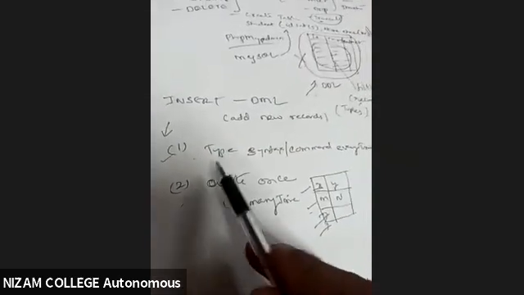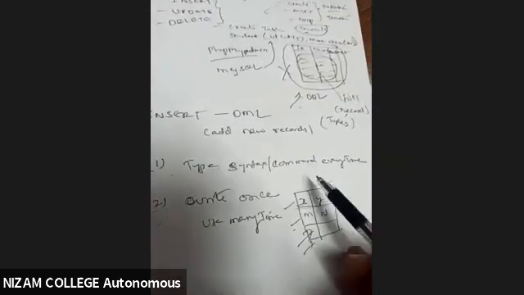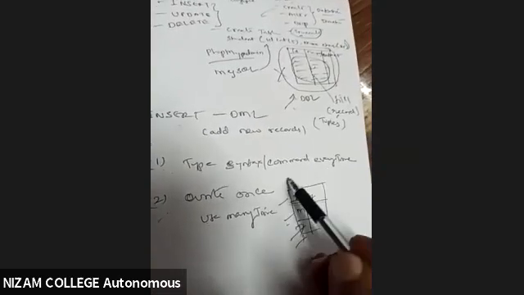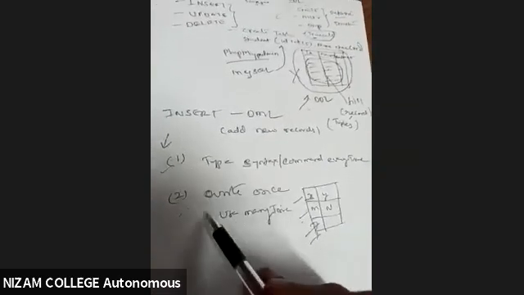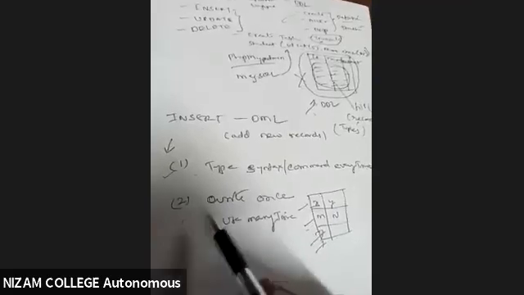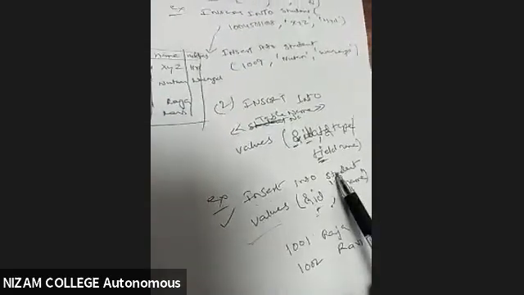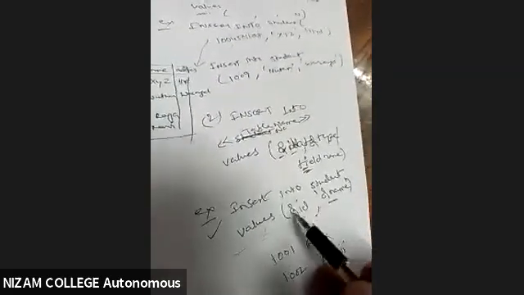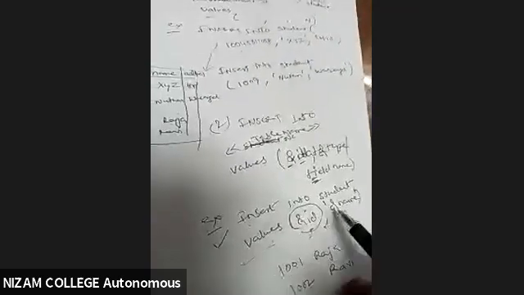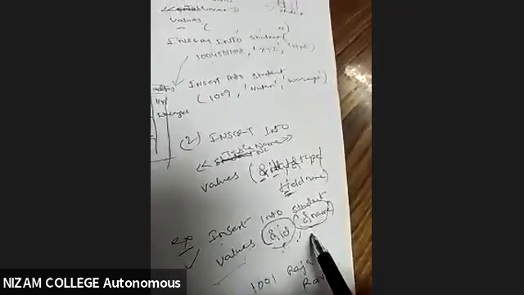So type 1 is this: every time I have to write the syntax, every time I have to write the command. But in the second type, write only once, use many times. How am I using it? Simply, I write the code one time. Here I use a small technique: instead of writing the data directly as before, I write the field names.